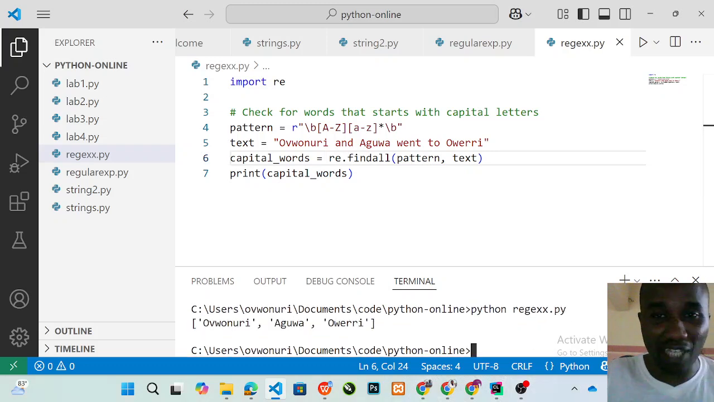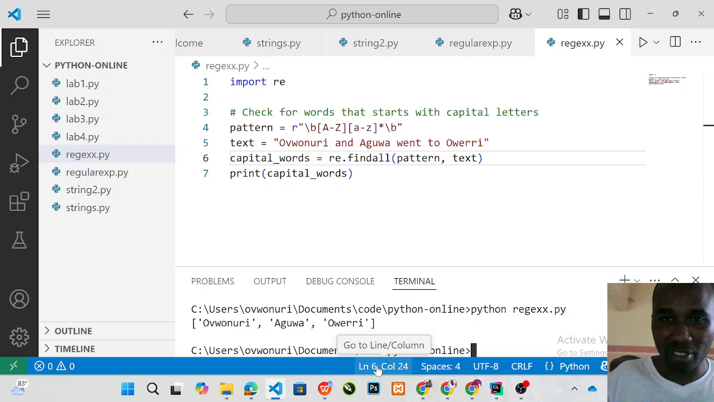So you see, it has brought out words that started with capital letter: Owanuri, Agua, Erin, Owerri, because they started with capital letter in that district. So, like I told you people, you can also find email. You can also find other words. For instance, let's just do